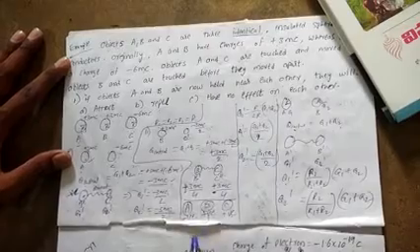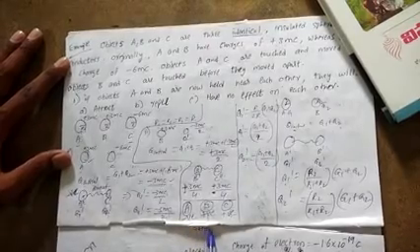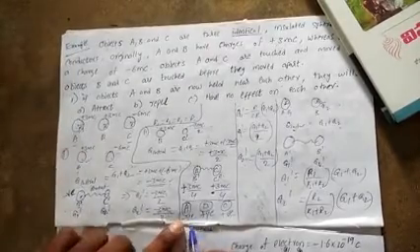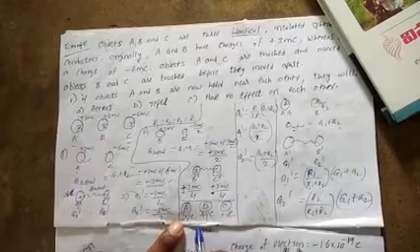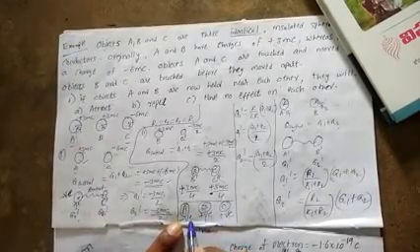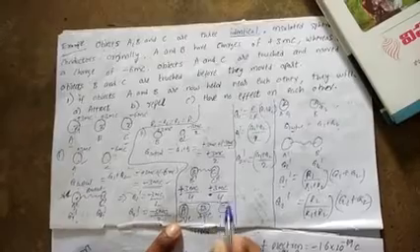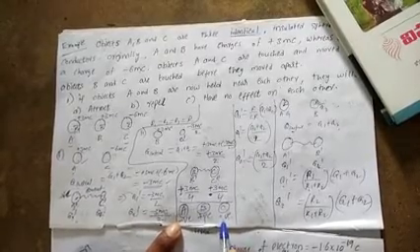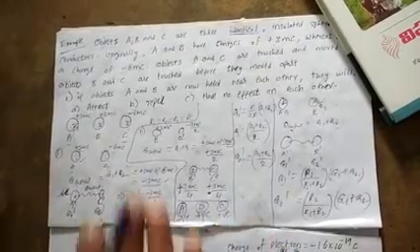In between these two, attraction will take place. A and B, attraction will take place. If they give A and C, then what happens? Attraction. If you take B and C, repulsion. Got it? So once again we will discuss this question.